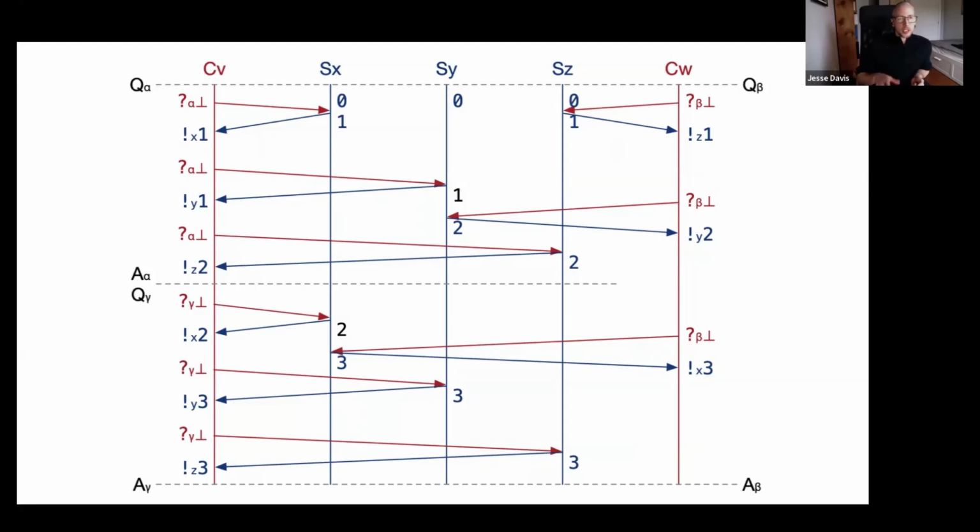So at the end of each session, the client chooses the second smallest timestamp, or the middle timestamp, from all of the server replies. So session alpha gets 1, 1, and 2. Therefore, its result is 1. Session beta gets 1, 2, and 3, so its result is 2. And session gamma gets 2, 3, 3, so 3 is its outcome. Theorem 1 guarantees that session gamma will have a greater outcome than alpha because it starts afterward, and it does.